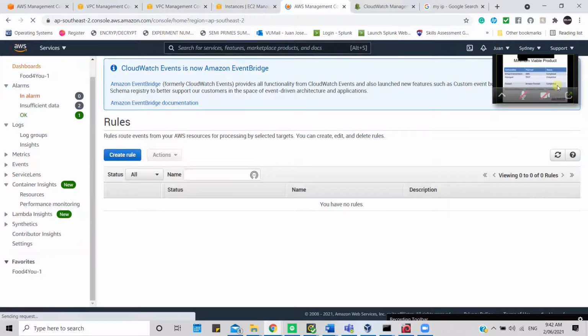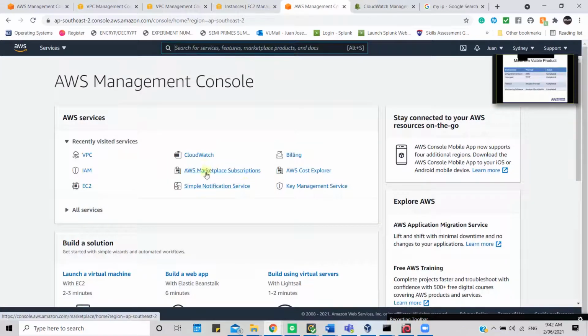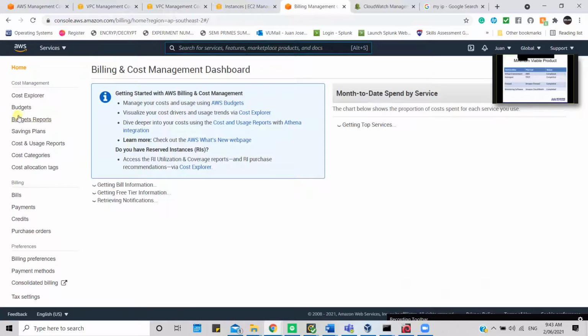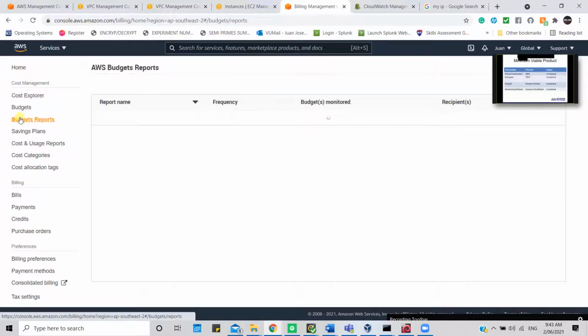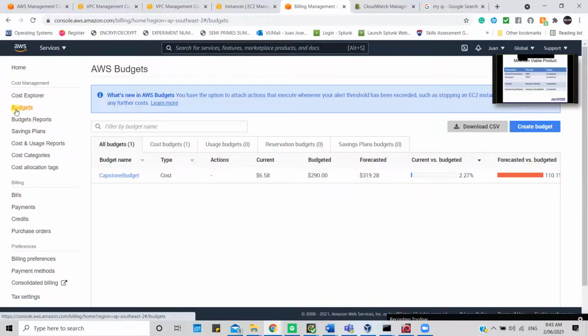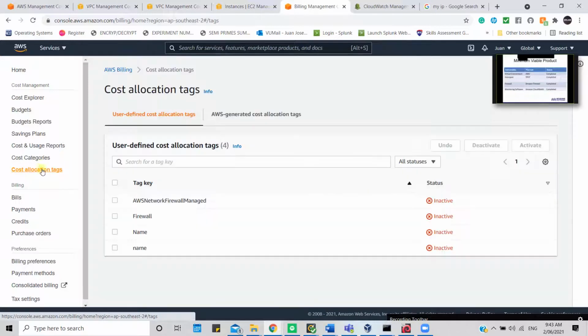Okay, so that's it. Solutions, billing, and Cost Explorer. So I got a budget report. This is the budget. The forecast has exceeded, and cost allocation tags to know where everything